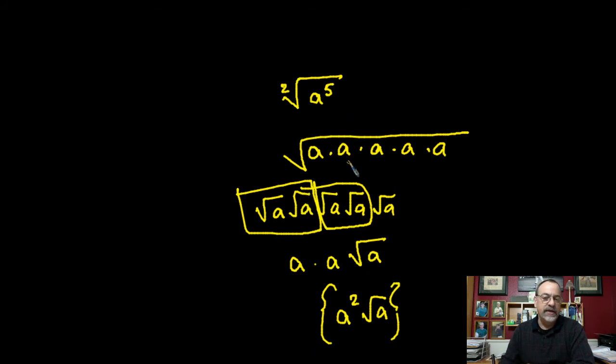So again, I don't do anything different than I did with the numbers, except the prime factoring is a little bit easier. I just have to list the letters, really. So what if I wanted to do the cube root then of a to the fifth? Well, again, I could rewrite this as a,